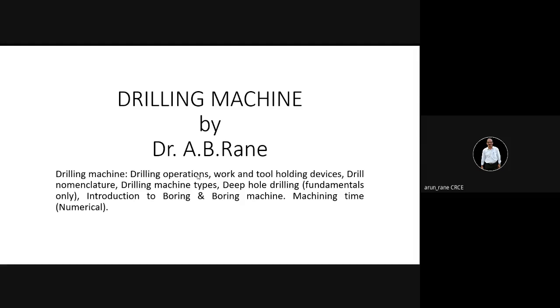In drilling machine also the same. Cutting speed is, say, 25 meters per minute. Instead of the diameter of the workpiece, here the drill is rotating, so the diameter of the drill will be given, maybe a 20 mm drill or a 15 mm drill. So if cutting speed is 25, then 25 is equal to pi d n upon 1000. So the diameter of the drill you have to consider. Then the feed rate will be given. If it is not given, then you have to assume 0.2 millimeter per revolution. And then the length of the hole to be drilled will be given.